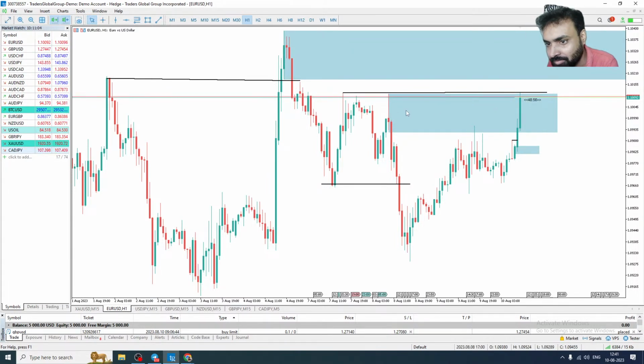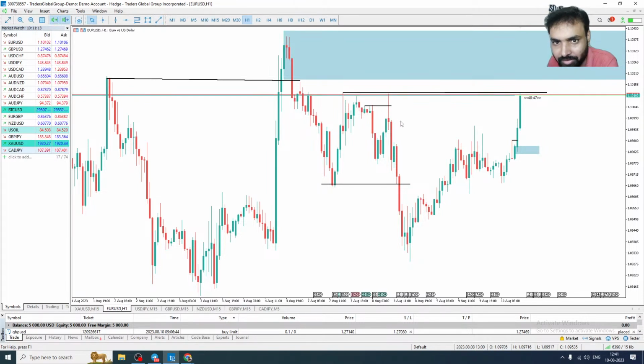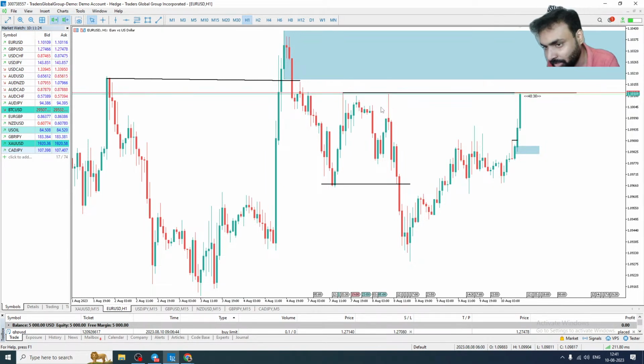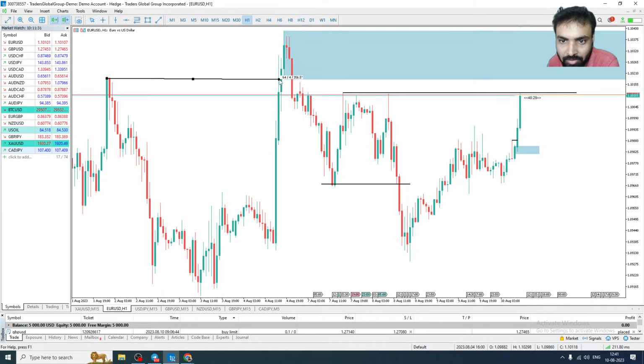You can see this. If you would have taken this sell entry here, a direct entry, then what would have happened? You saw this and thought, oh, it's a manipulation, let's take a sell entry. Now what happened? That's the power of equal highs and equal lows. Equal highs and equal lows are liquidity points. Price will try to take the liquidity, and after taking it, maybe it can react from this imbalance. That's possible, so that's why we did not take the direct entry here.